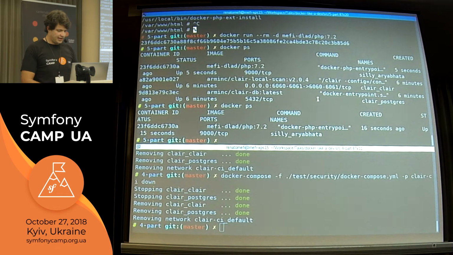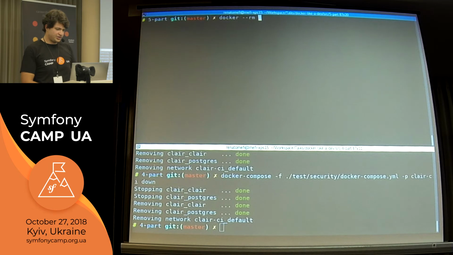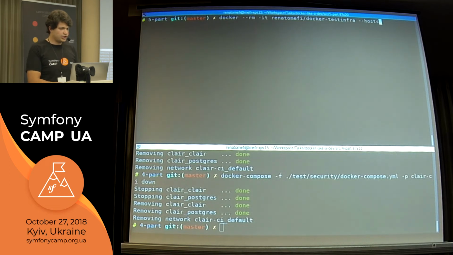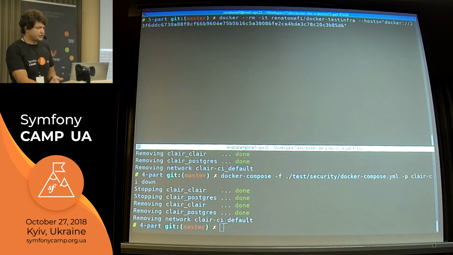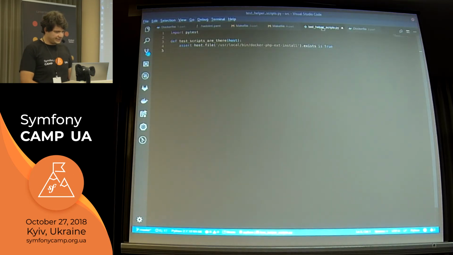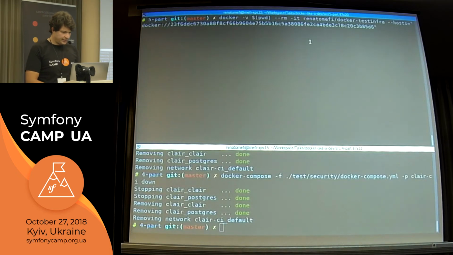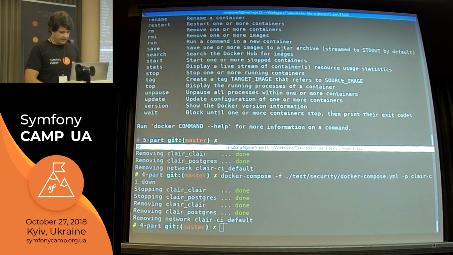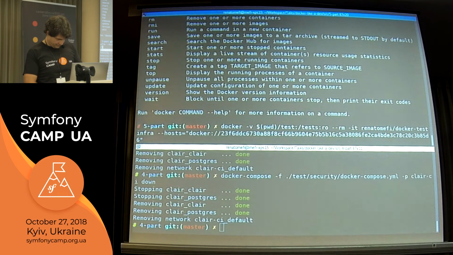And then now we want to see how to test that. So again, we are going to use more Docker images because we like that. This time we are going to use a testinfra image. And we want to inform it which host we want to run. When we do that, we can just inform docker as a prefix for the hosts. And then we expect it to be able to run it, but we still have to give our tests to them. So our tests are located within /tests, or /test, I'm sorry. So we are going to take our current directory and then mount it to /tests as read only, and then it fails, of course. -v